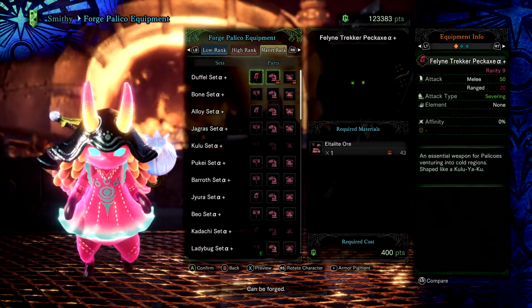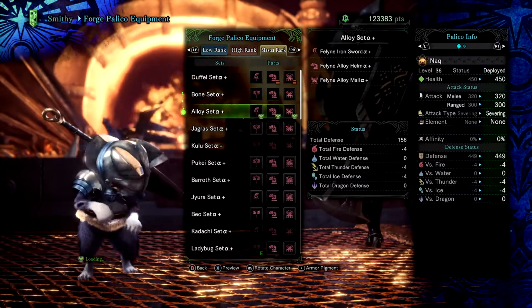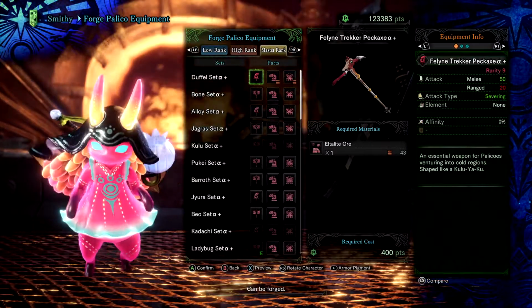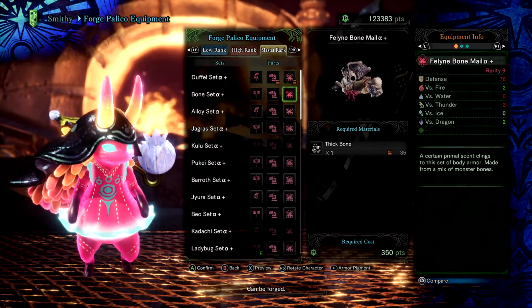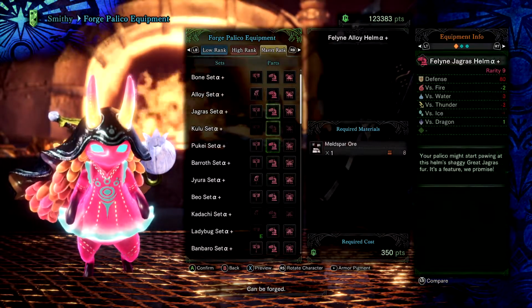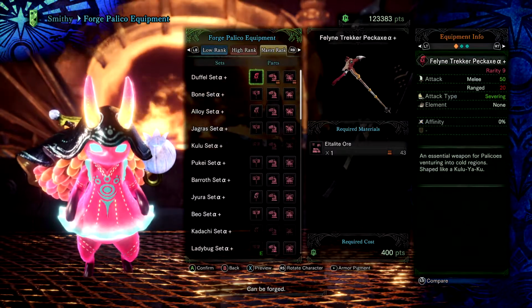When you're looking at armor, just look at it for what you like the most. For example, I have the Lumiel set, I believe it's called, just because I like the look of the palico. But in general, you just want to increase the defense of your palico by a bit so it stays alive longer. But what you do want to be looking at is the weapon that your palico is using, as well